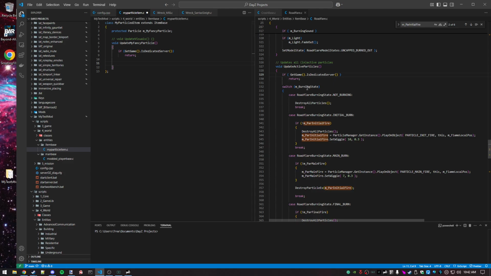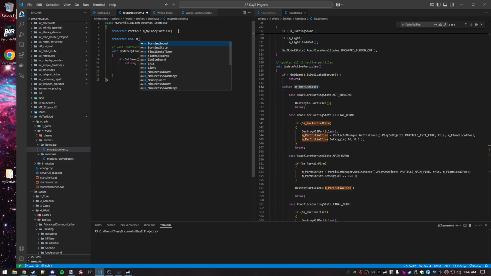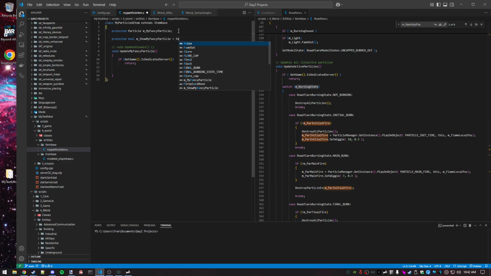Looks like we have a state. We want to know if our particle is on or off, right? That's probably a good thing to know. So let's go ahead and say something like protected bool show my fancy particle. And I'm just going to initialize it to false, mainly because I like my booleans to be false when they're created. So I can do something like, if show my fancy particle,